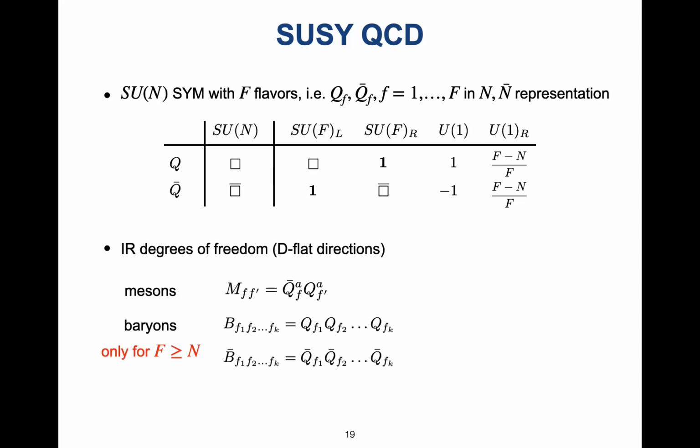Okay, so the IR degrees of freedom in this case, for the D-flat directions, can be parameterized in terms of